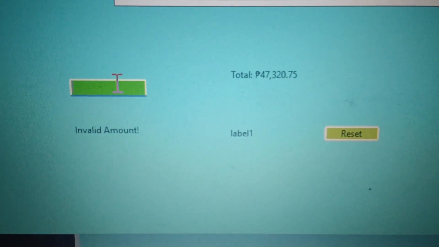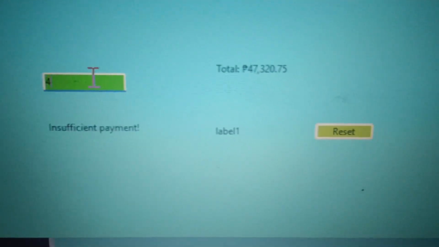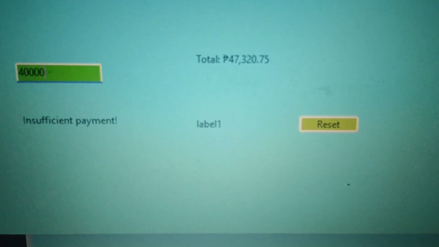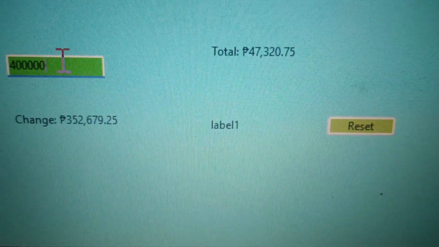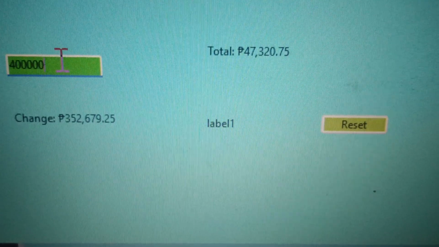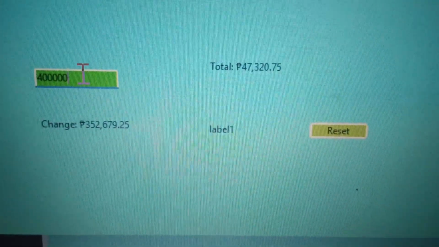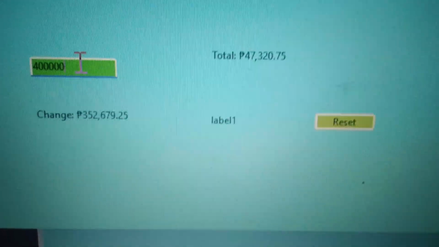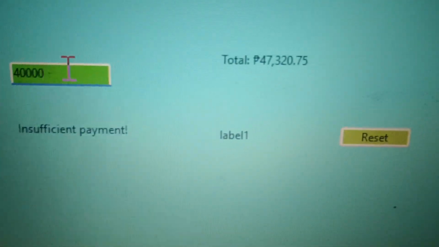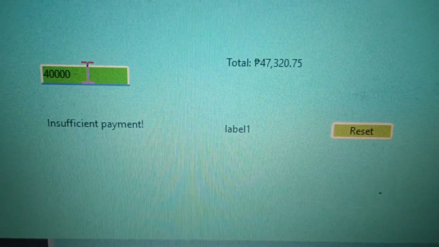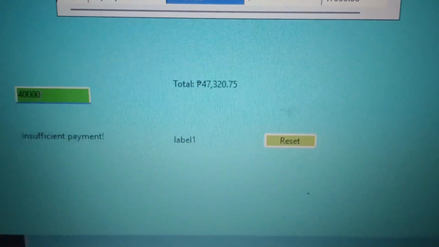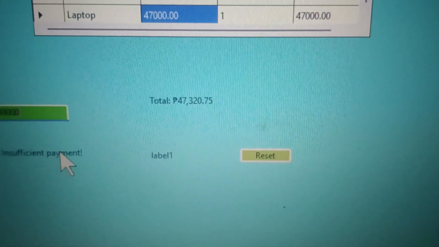And then, what else? The underpayment. For example, we pay 48,000 only. Okay, 40,000. That's insufficient payment. It responds insufficient payment.